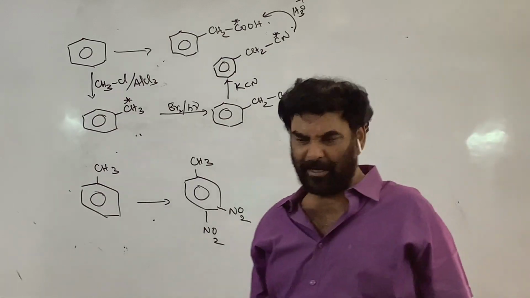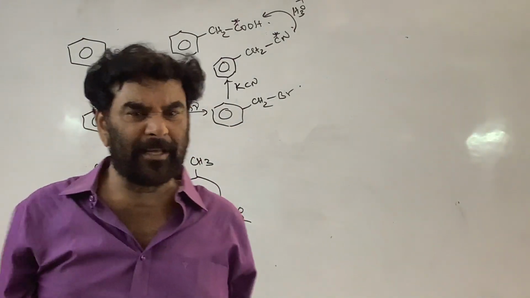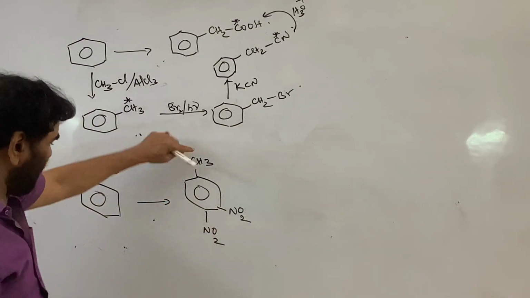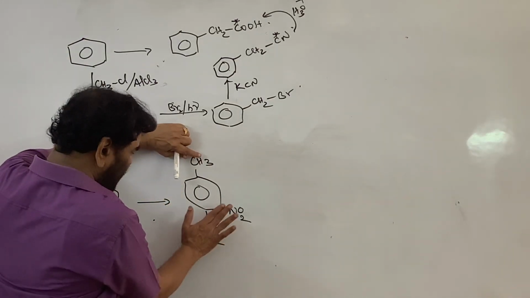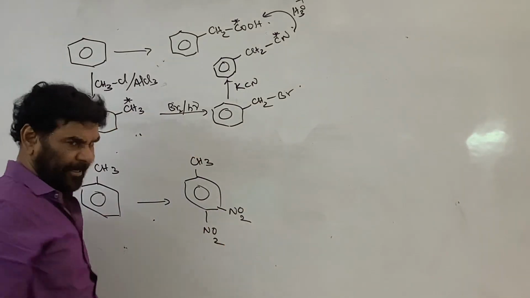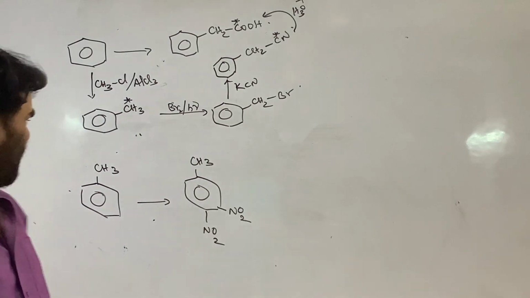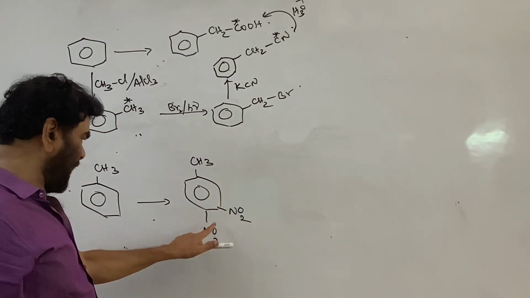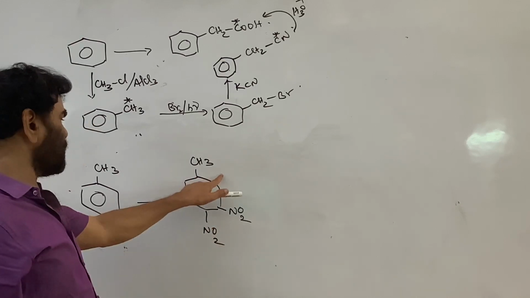It is easy, nitration. But once this reaction is completed, how do we introduce the second nitro group? Again nitration is to be carried out. If you carry out further nitration,